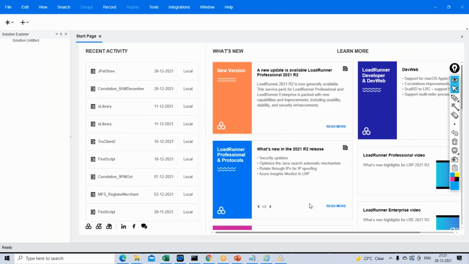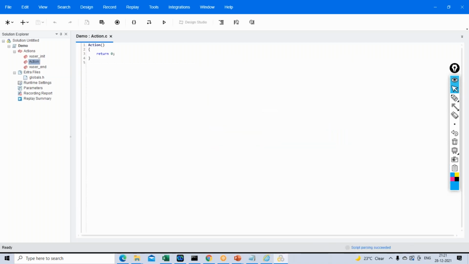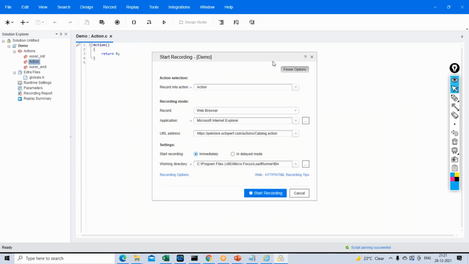As soon as you click on create, the script editor window will appear. This is the script editor window. This is where the script gets generated. And you have the solution explorer here where you have different options, which we will be discussing in detail in our upcoming sessions. For the time being, we will be clicking on this record option. What this option helps us do is record the flow we have executed manually: the launch of the application, login, and then logout. The same steps I will be recording now.